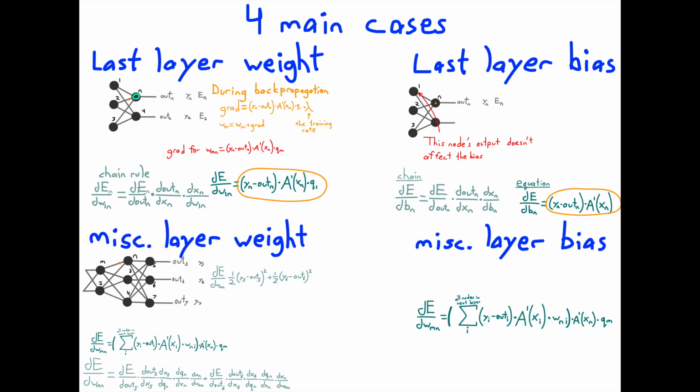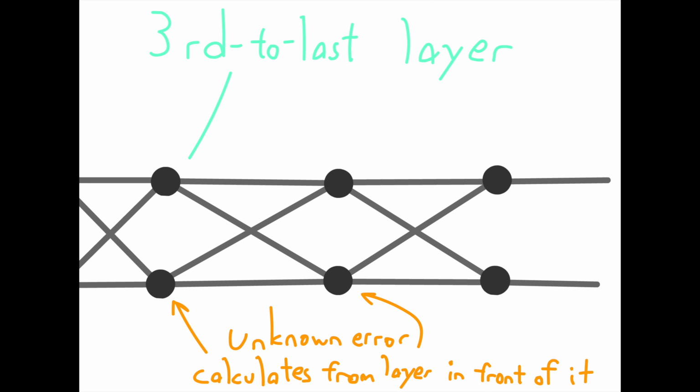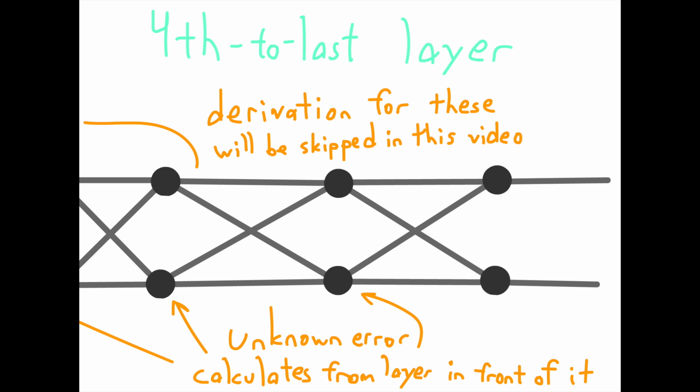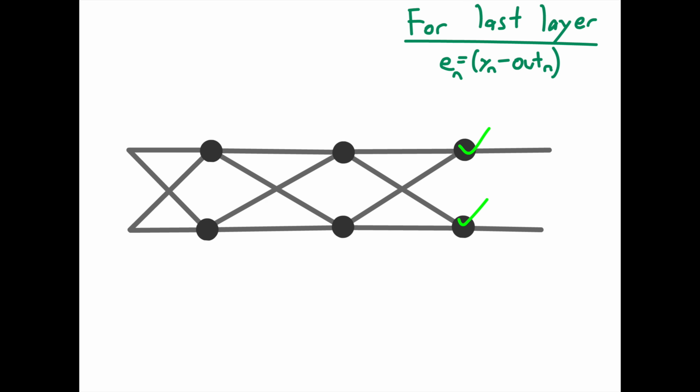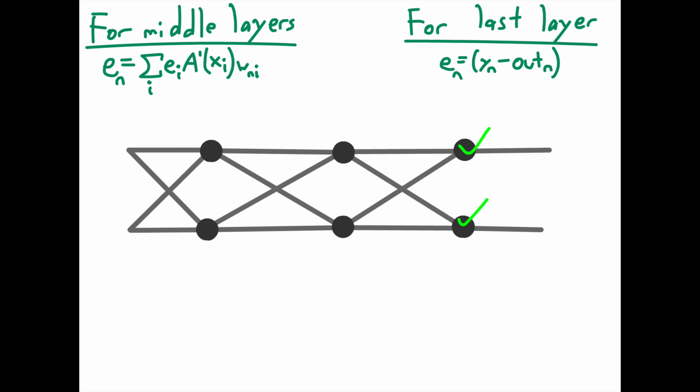So just put that summation in there, and simplify the formula, and voila, a gradient calculation that works for any layer. Since all the layers before this one have the same structure, those can be skipped, but please do them on your own if you want to. We can calculate the derivative, the gradient, for the last layer by using this formula, and then when we have that, we can use the set of the gradients in that last layer to find the gradients for previous layers, and continue backwards all the way through the start.